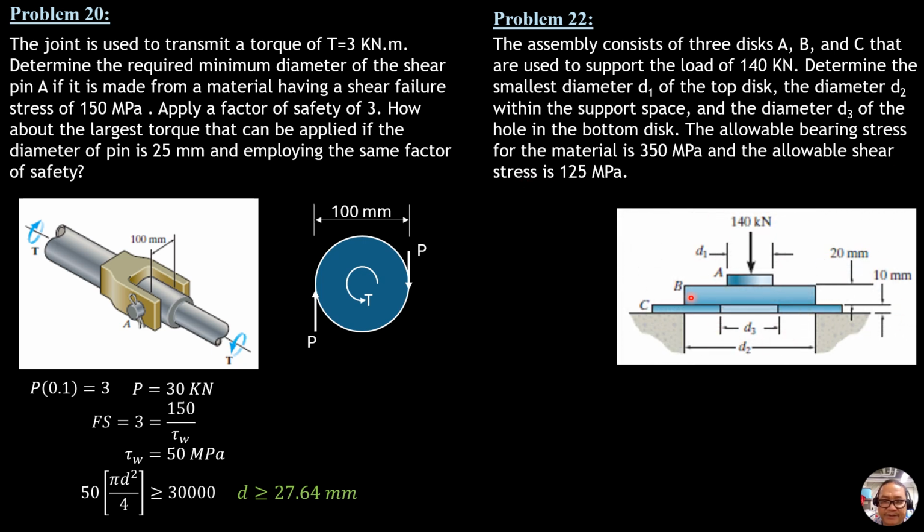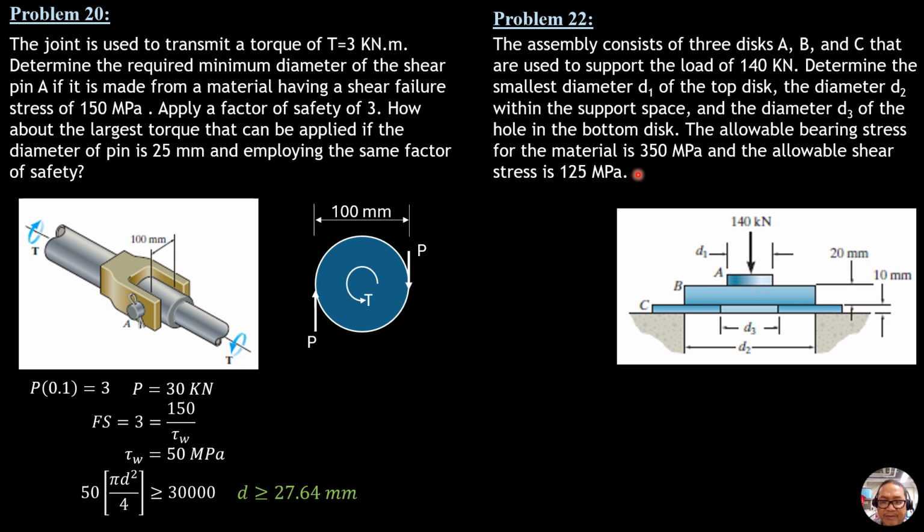So this is the figure. So first for diameter 1, there are 2 expected failures. If it fails, one is by punching shear stress here for this member, and the diameter is D1. The other possibility is the bearing stress that develops at this contact surface. First, let's have the